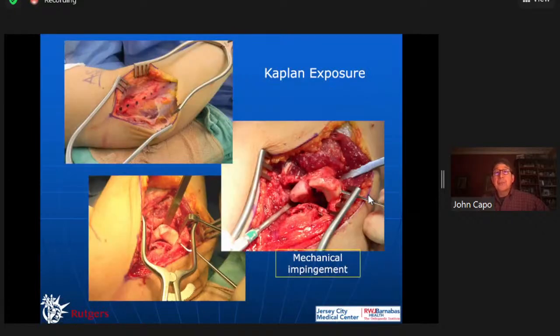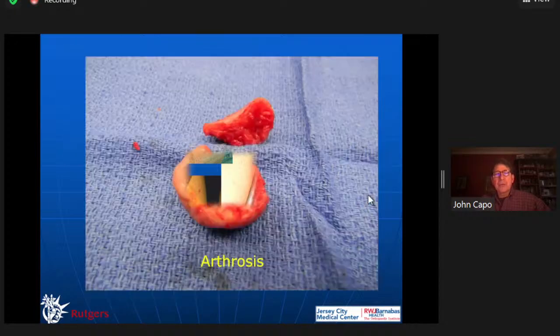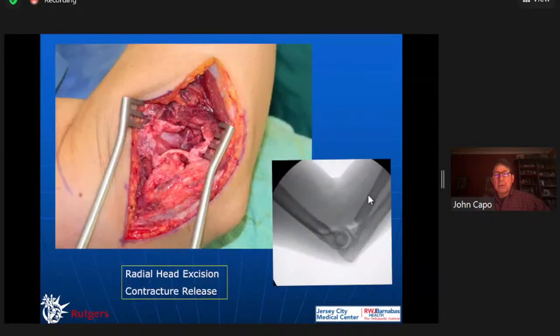So we opened this up with the Kaplan, and I had intentions of doing an intra-articular osteotomy if the joint was okay, but she had a ton of arthrosis, not replaceable or not repairable. So now I have this defect there, and it's a chronic situation. She's scarred in, so that radial shaft doesn't come out laterally easily, and you can replace it, but she was very stable.